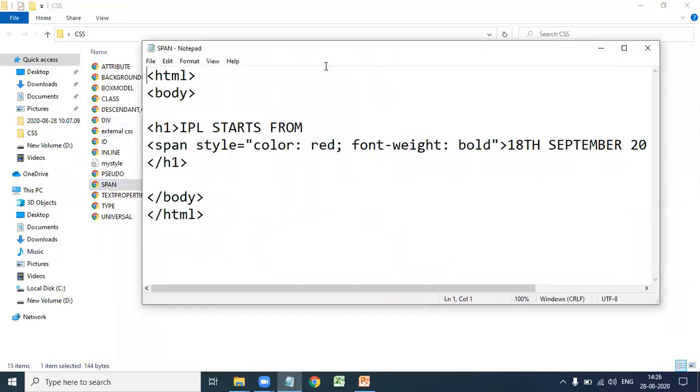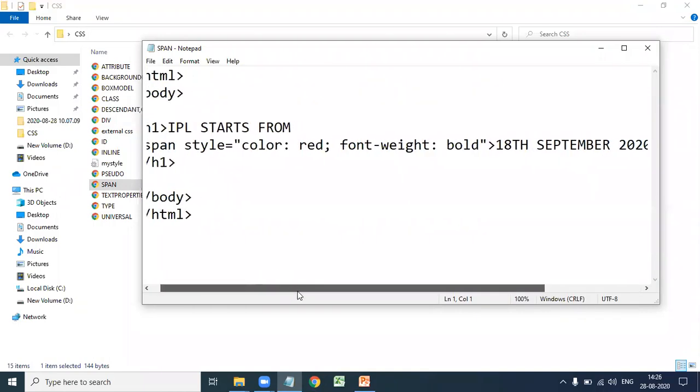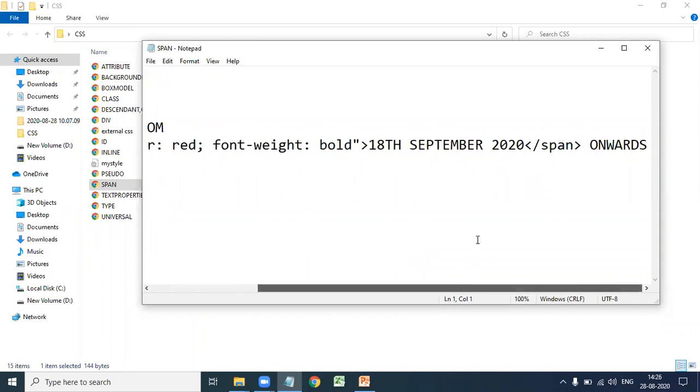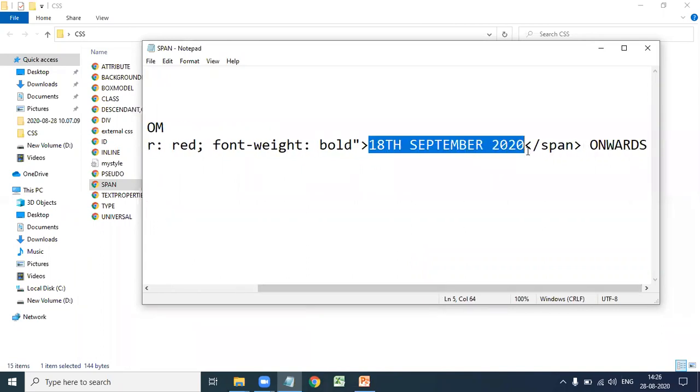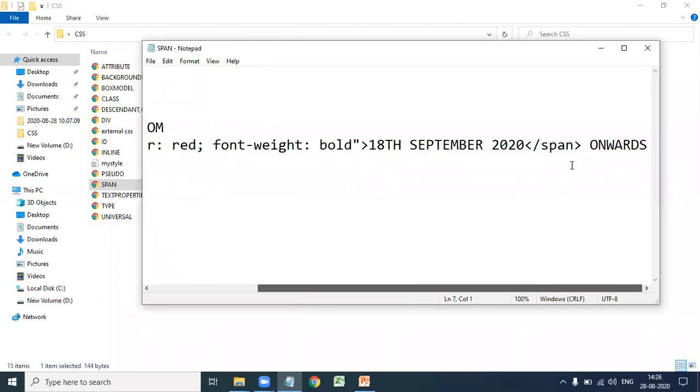So here, in the HTML body, IPL starts from 18 September 2020 onwards. We apply style to part of the text. We apply red color and bold font to this 18th September, which is enclosed in the span tag. IPL starts from is the heading, and 18 September 2020 is represented in a red color, and the remaining